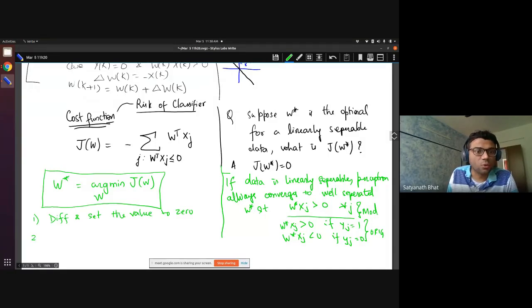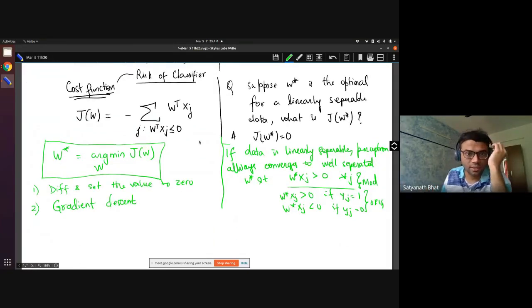The second thing that we could do here, what else could we do? Differentiating and setting to 0, when you differentiate, you should get something analytically pleasing, so that you can directly get this solution in one step. But here we don't know how to proceed from this, so we cannot use that approach. What other approach have you learned? Yes, iterative is correct. We are going to do gradient descent.